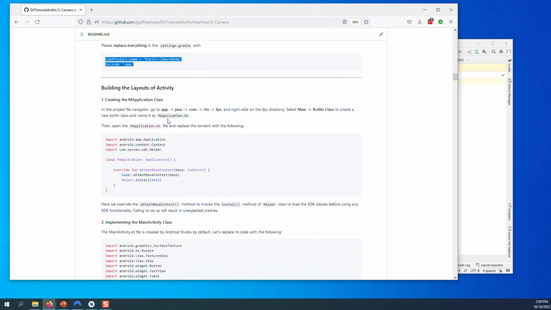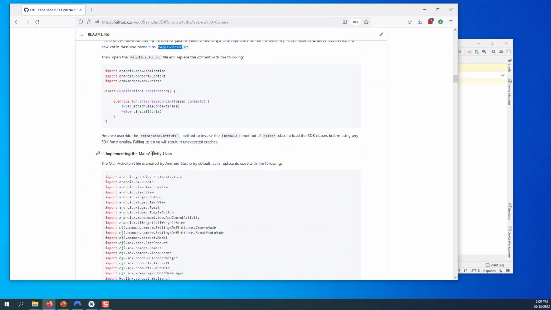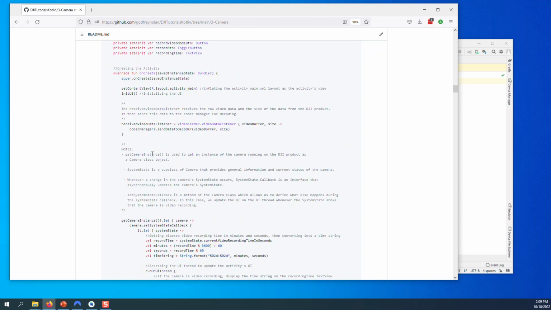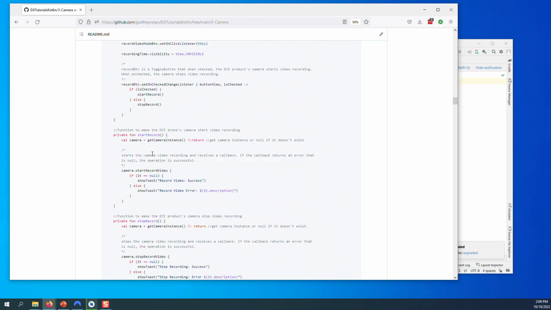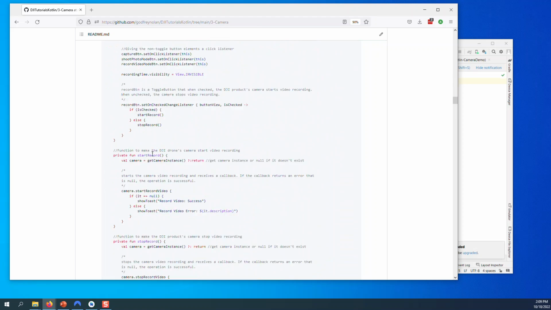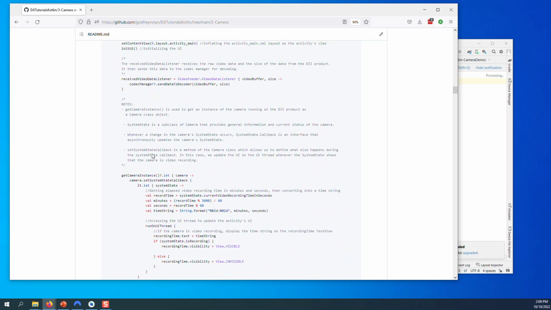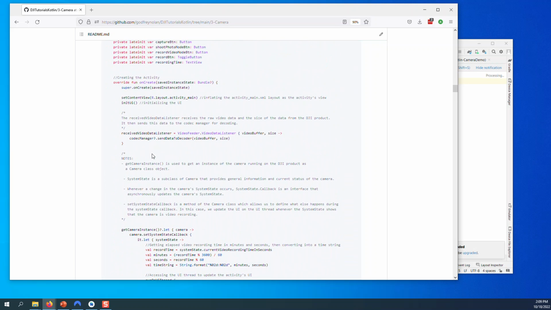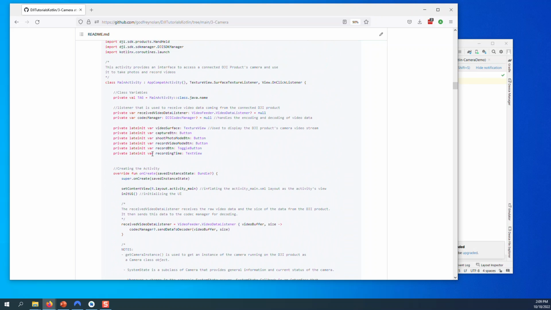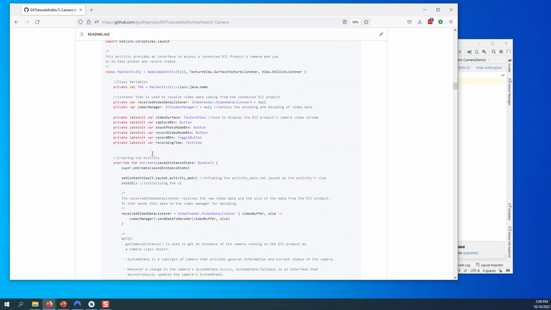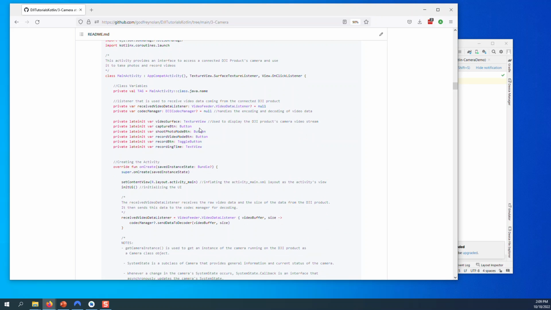So we have to add a new M application because we have the application level. We have a main activity class. And in that, basically what it's doing, we did talk about it, it's basically setting up the get camera instance. It's also got its own